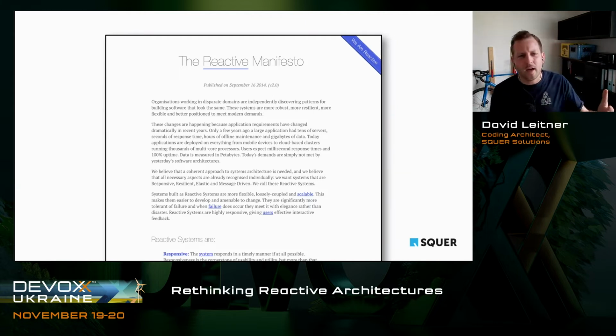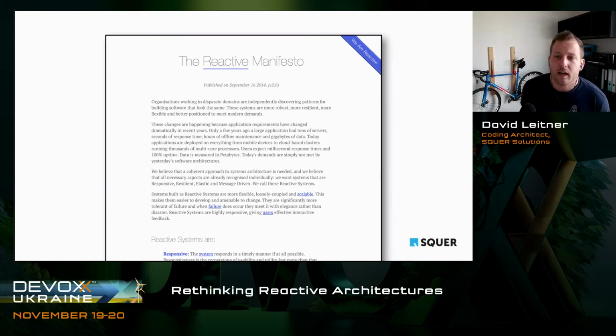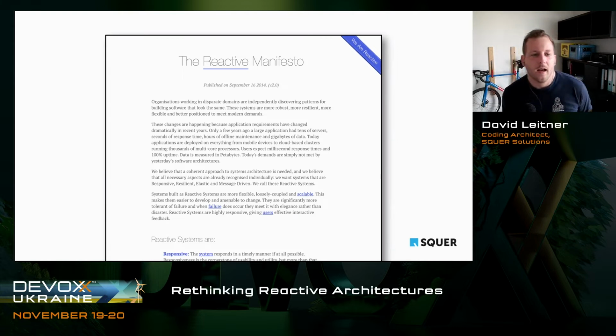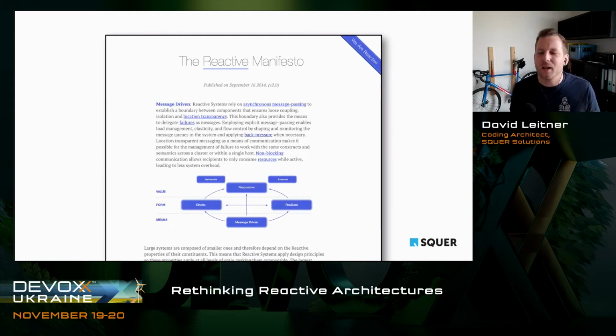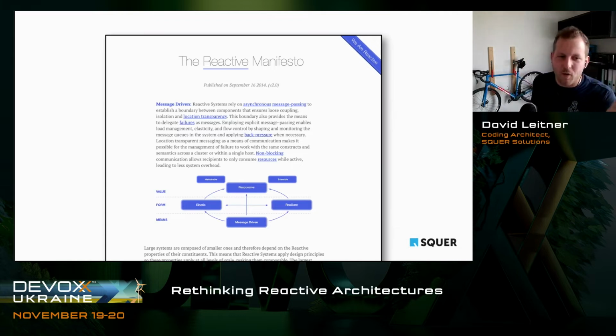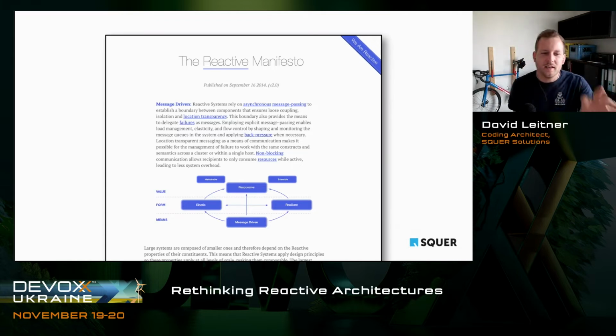And if you Google for reactive architecture, you basically find this manifesto, right? And people then usually read it, but they don't fully understand it. And at the latest, if they see this diagram with all these boxes and arrows, everybody's confused, right? But in a nutshell, that's the most important thing you need to understand here. This diagram, if you understand this diagram, in my opinion, you don't need to read the rest, right? So that's why I will quickly explain what this is all about when it comes to the Reactive